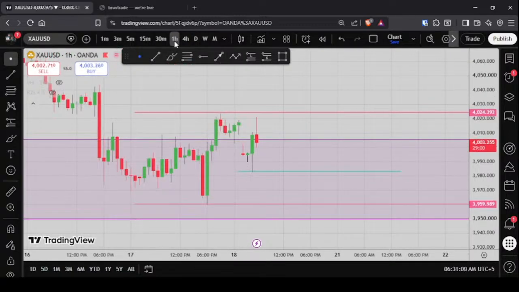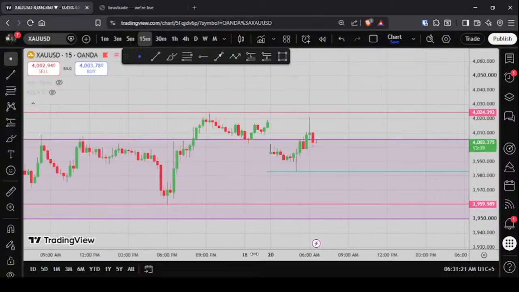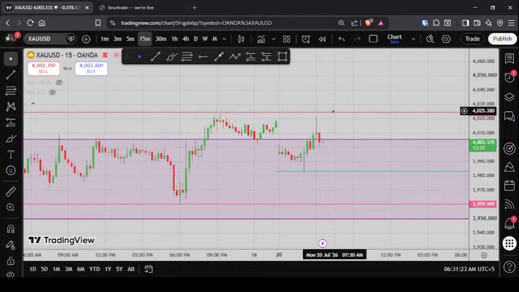Okay, let's go to the 1-hour time frame. In my opinion, we need to take out the high right now here. For it to go down, this is the only major liquidity that we have, because the gap down liquidity has been taken out. What do you think, Blue? Yes, I agree with you. Well, in my opinion the gap down liquidity is taken, so we can expect a short from here till here. Okay. But the thing is, if we